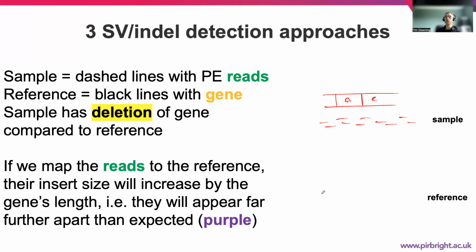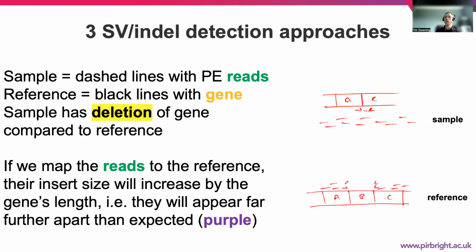And then we have our reference genome. The reference genome down here is the same as before. We have A, B, and C. We take these reads, and remember these reads span A into C like that. So those are two forward and reverse reads mapping over that region. We have no A into B, no B into C. So then we map these reads down here. They'll map across A, and they'll map across C, but then we'll have a gap. We have no B here, and we'll have lots of unpaired reads here